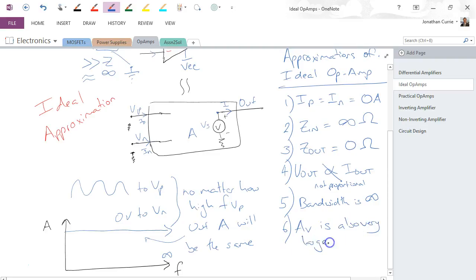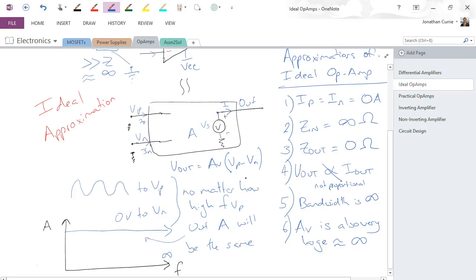And in an ideal op-amp, we could say that it's actually infinite. So the output voltage is infinity times the difference between the input voltages. It's not practically like that, but in an ideal sense we can say that the voltage gain is very, very large. And remembering that V out is equal to AV times (Vp minus Vn), as we saw in the